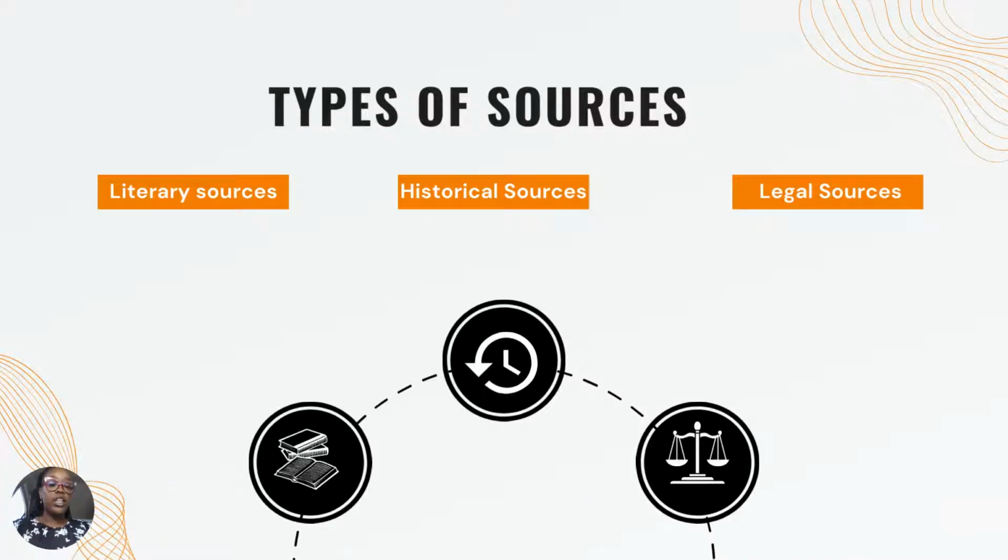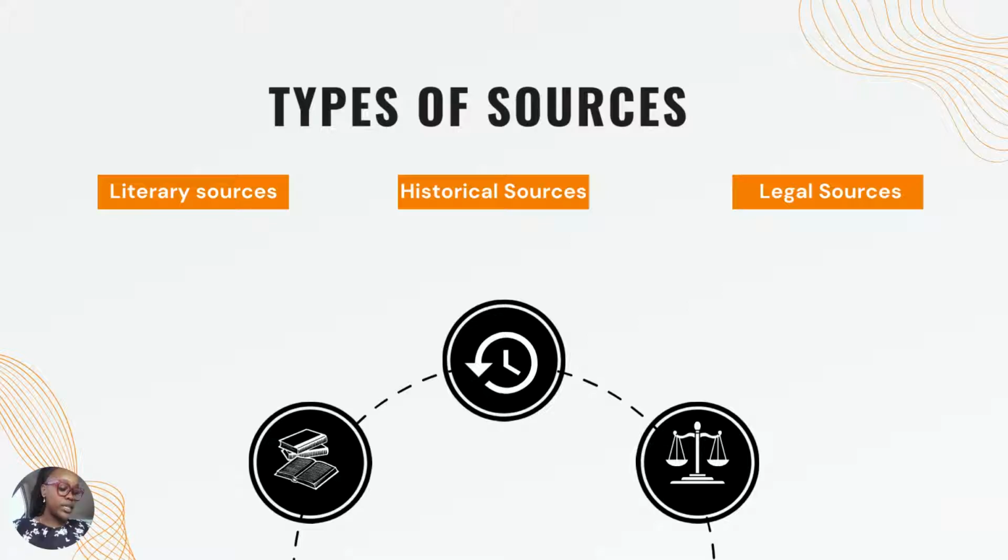In the Commonwealth Caribbean, there are 3 different types of sources of law. There's literary sources, historical sources, and legal sources. I'm just going to talk a little bit about each source of law, but in the following videos, the other 6 sources that we're going to discuss, they're all going to be legal sources. Because after all, this is a law series, right? So, let's start with your literary sources.